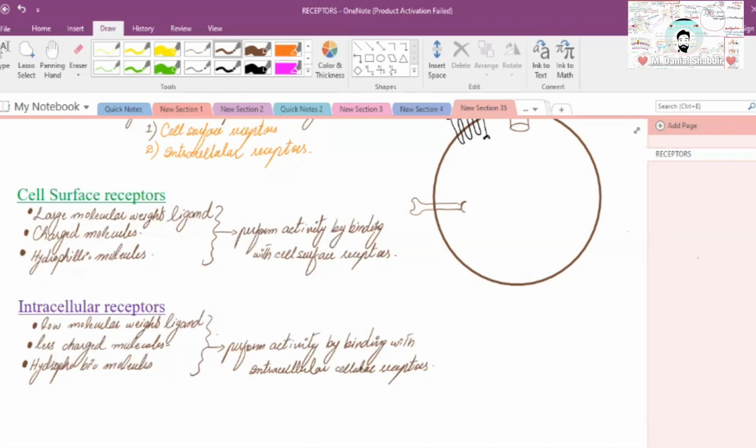And if the ligand is low, definitely I will give the examples in the upcoming discussions regarding the molecules with high molecular structure, with charge moiety, with hydrophobic nature or hydrophilic nature, low molecular weight, less charge, hydrophobic molecule, right? तो जिनका लो मॉलिकुलर वेट होगा, ठीक है, जो लेस चार्ज होंगे, जो हाइड्रोफोबिक मॉलिक्यूल होंगे, वो बाय बाइंडिंग विद द इंट्रासेलुलर रिसेप्टर अपनी जो है वो कम्युनिकेशन करेंगे विद नियर बाय सेल। अब ये कम्युनिकेशन किस किस्म की हो सकती है? इट माइट बी एनी टाइप ऑफ कम्युनिकेशन इन बिटवीन टू टाइप ऑफ सेल्स।